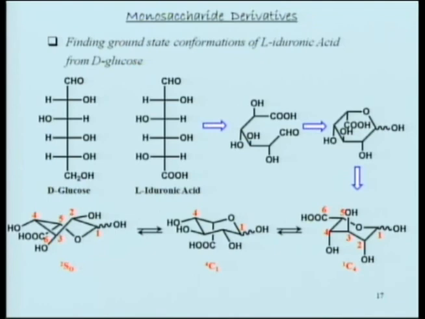If the carbon is below the plane of the remaining 4 atoms, then you write it as a subscript. In that representation, this carbon is above the plane and this carbon is below the plane, and that's how it turns out to be 1C4. So you can actually have 2C5 also. That's still possible. There are many more conformations, way beyond the 3 or 4 that I'm depicting here.